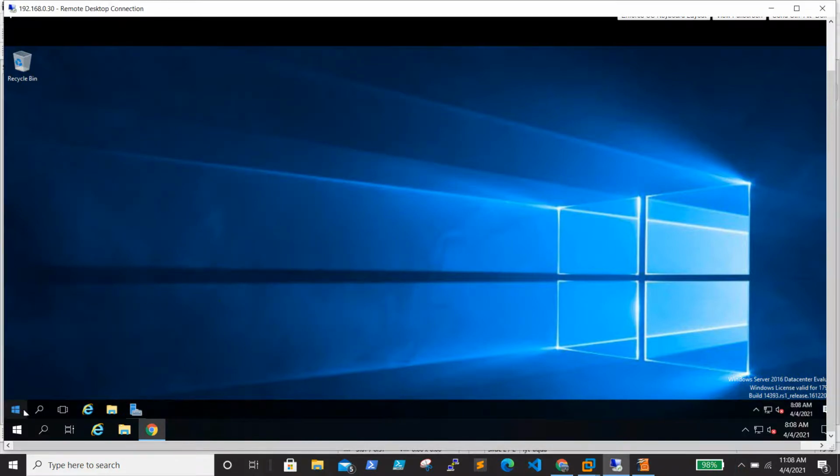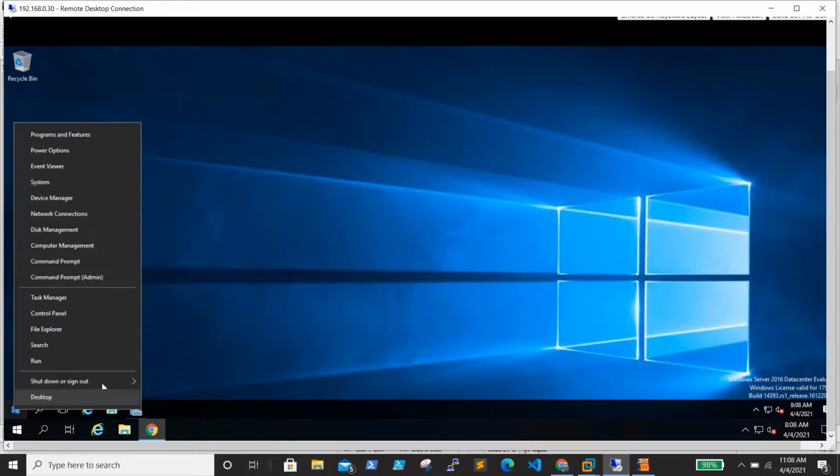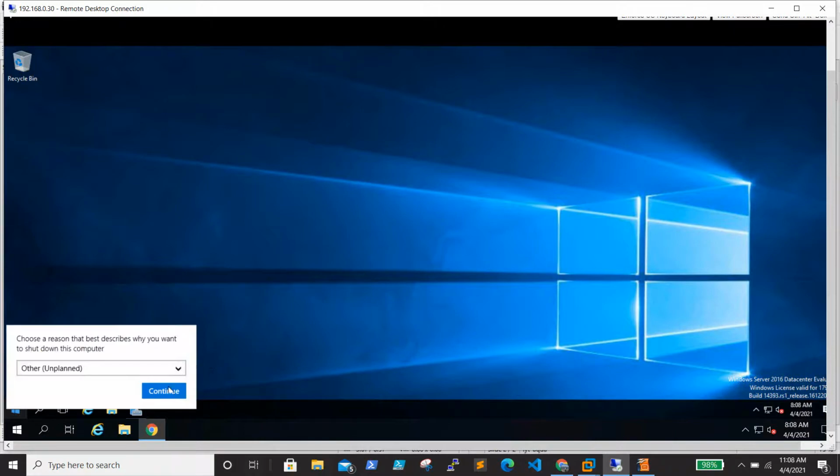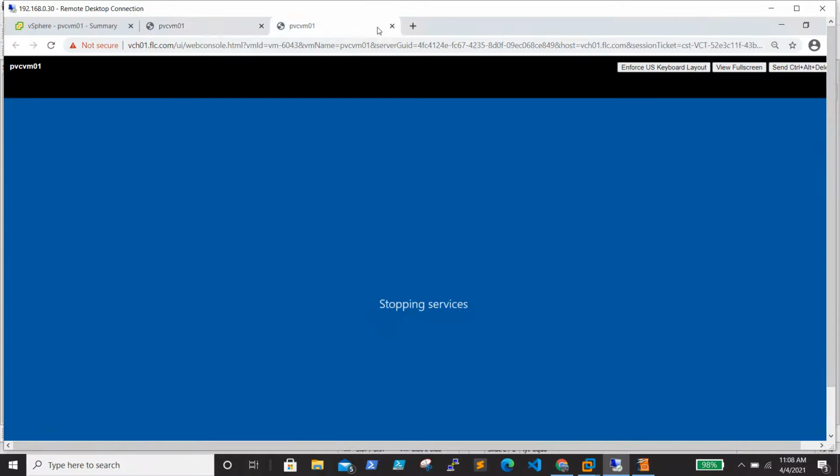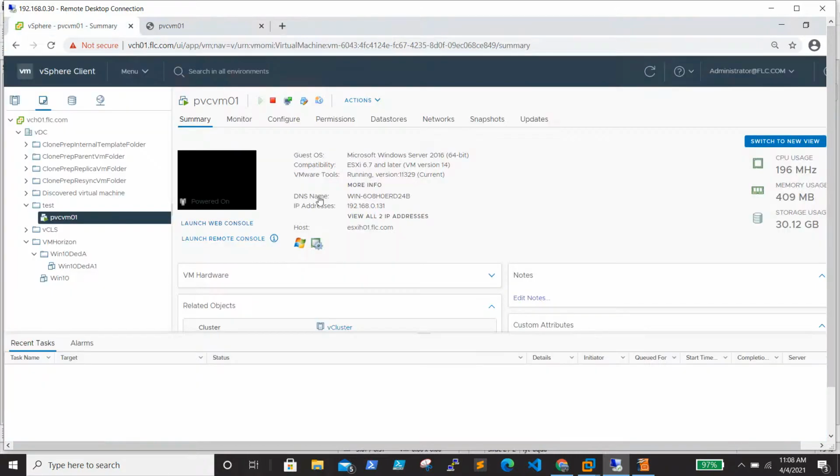And you can see that the paravirtual SCSI controller driver is not visible. So I will shut down the VM and we'll change it. There are some steps to be followed when you are doing it in production.